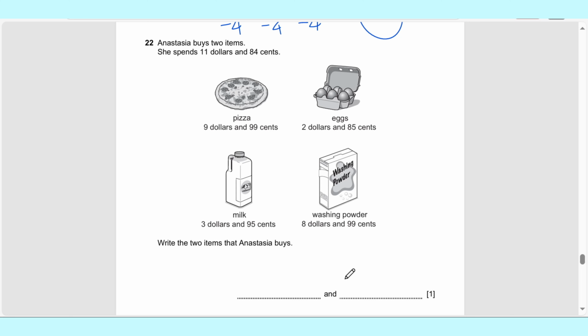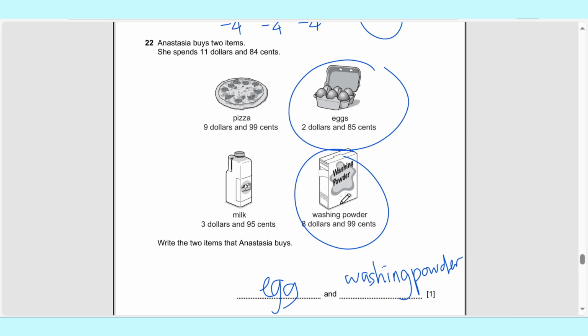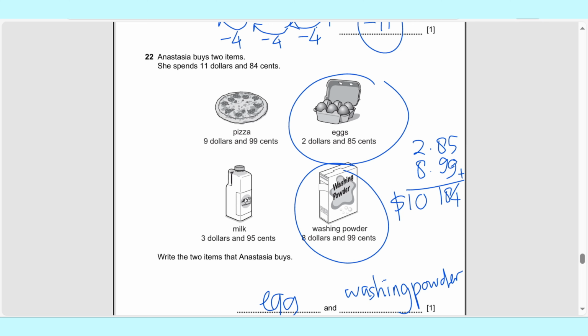Okay guys, let's check out the answer. It's eggs and washing powder. So we total them up. It's 2.85 and 8.99. This will total up to 2 plus 8 is $10, and then 85 plus 99 cents is 184 cents. We convert 184 cents into 100 plus 84, so $1 for 100 cents, so it will add up to